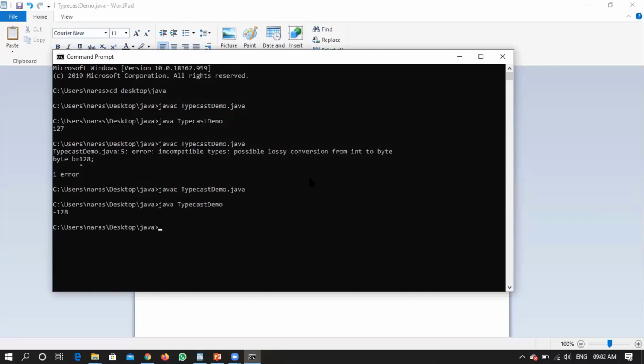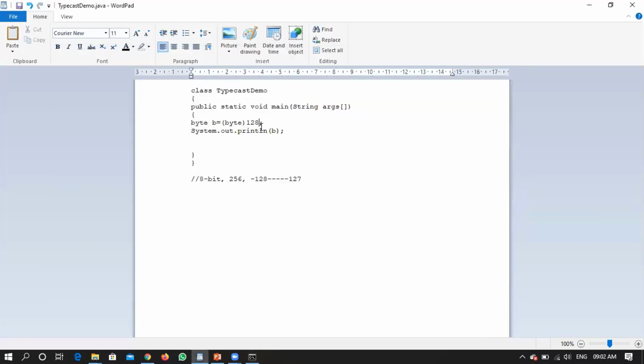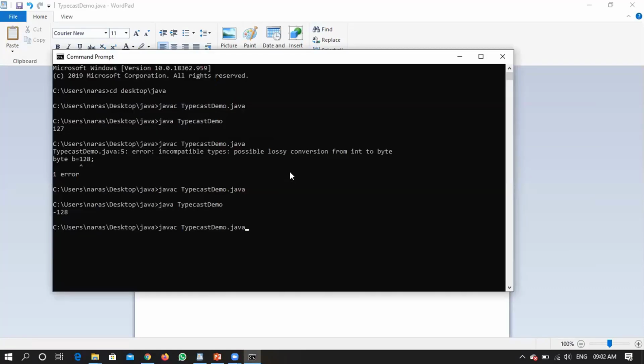Right? We'll increase its value by one more, just as a cross check. 128 I don't want, 129 I'll take. Minus 127. So when you are increasing a value, it is going to consider the values as negatives and print them.